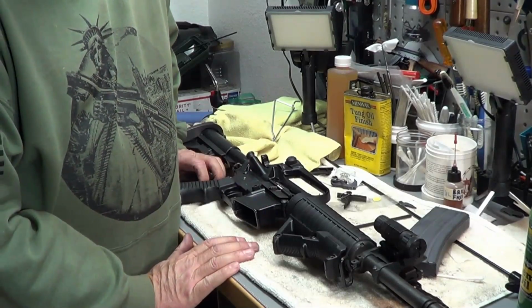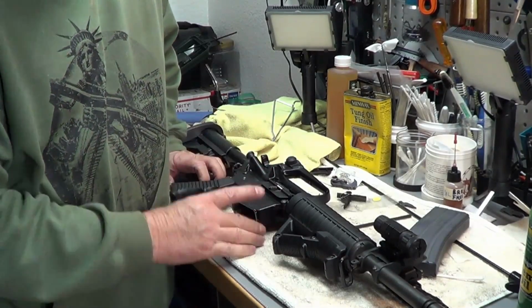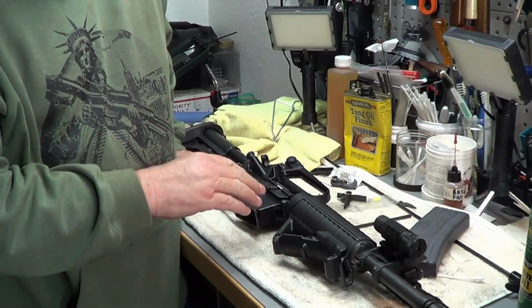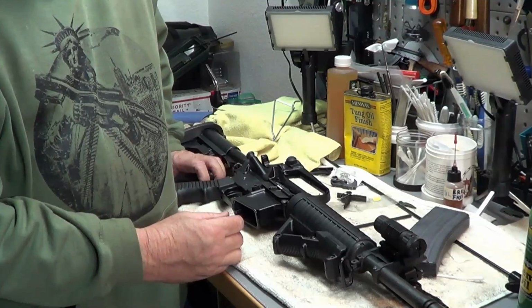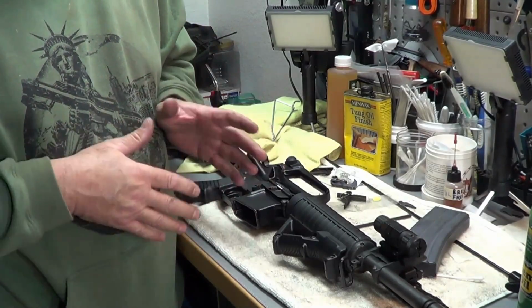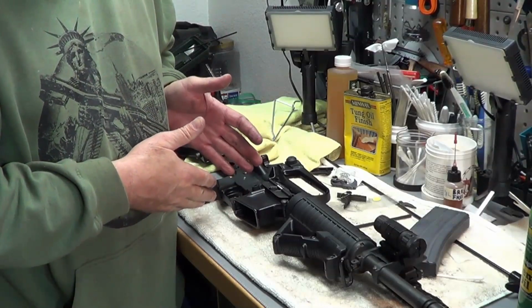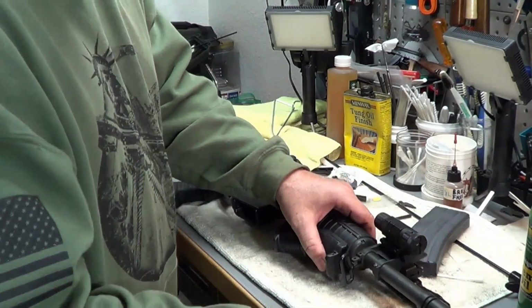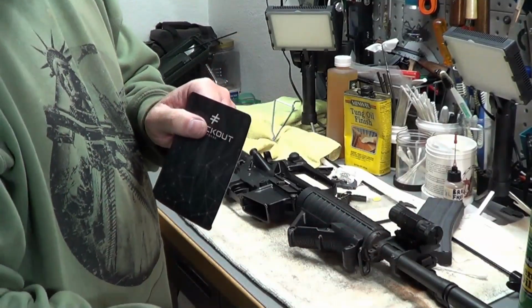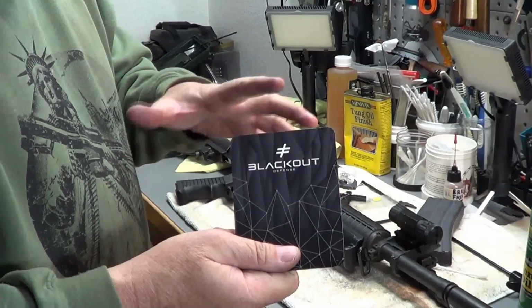However, if I want to fire fast and want to lay down some suppressive fire 3 or 4 rounds, I can do that much better with a shorter reset trigger. I can also double tap and put 2 rounds on target a lot quicker with a shorter reset trigger. So, very nice trigger. My only complaint about Blackout is the instructions weren't real good, and I even downloaded them,